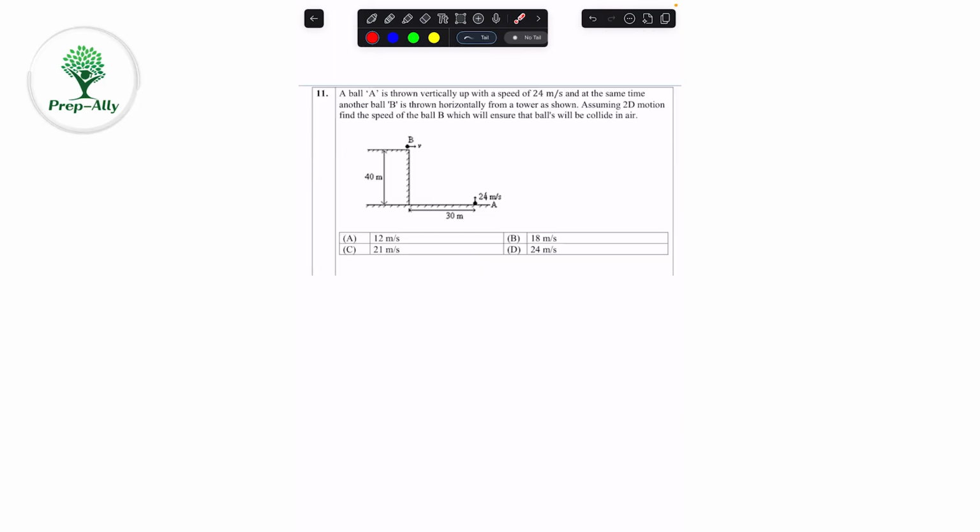We are going to solve 11th question of PAVE exam. In this question it is saying a ball A is thrown vertically up with a speed of 24 meter per second. At the same time another ball B is thrown horizontally from the tower as shown in the figure. Assuming 2D motion, find the speed of ball B with which it will ensure that two balls will collide in air. So we'll take this figure,